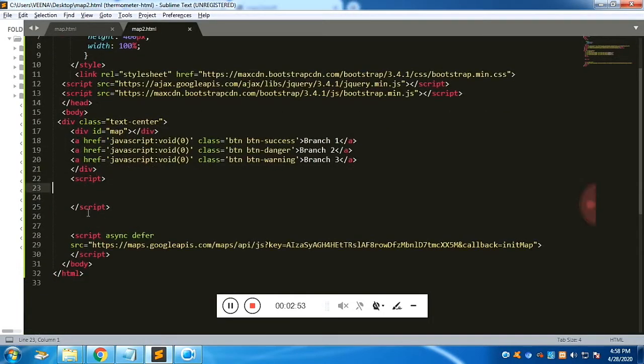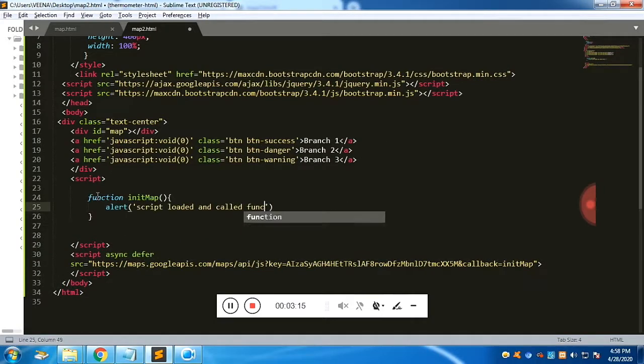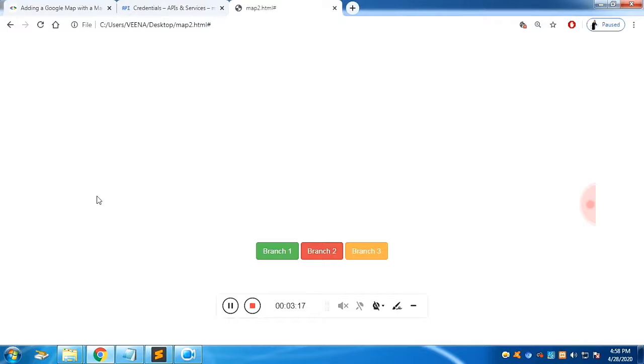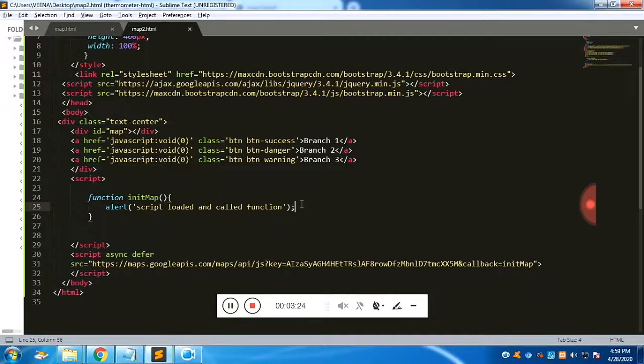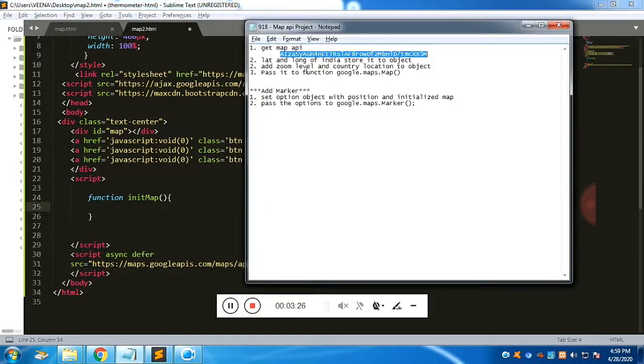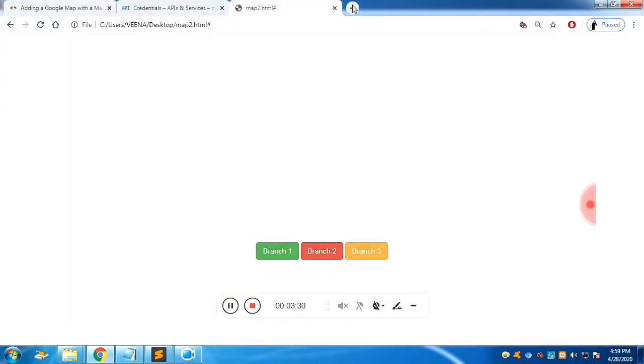Fine, now we are going to see the script. You can see the script has a URL. When this URL loads, it will call a function called initMap. It says there is a callback initMap. So let's test with an alert. If you refresh it, it will call the function by itself, and the script is loaded and calls the function which we have passed, as the alert. Now what we are going to do is get the lat long of all the places which we need to add in the map.